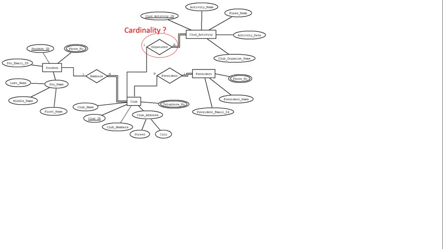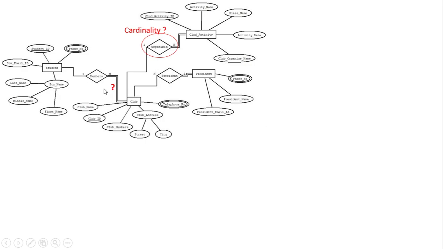But in the problem statement, it is mentioned that one club activity can be organized by more than one clubs. So obviously if every club activity can be organized by more than one clubs, this relationship should be many to many, that is n to n. Okay, here it is total participation, that is correct, no issues.